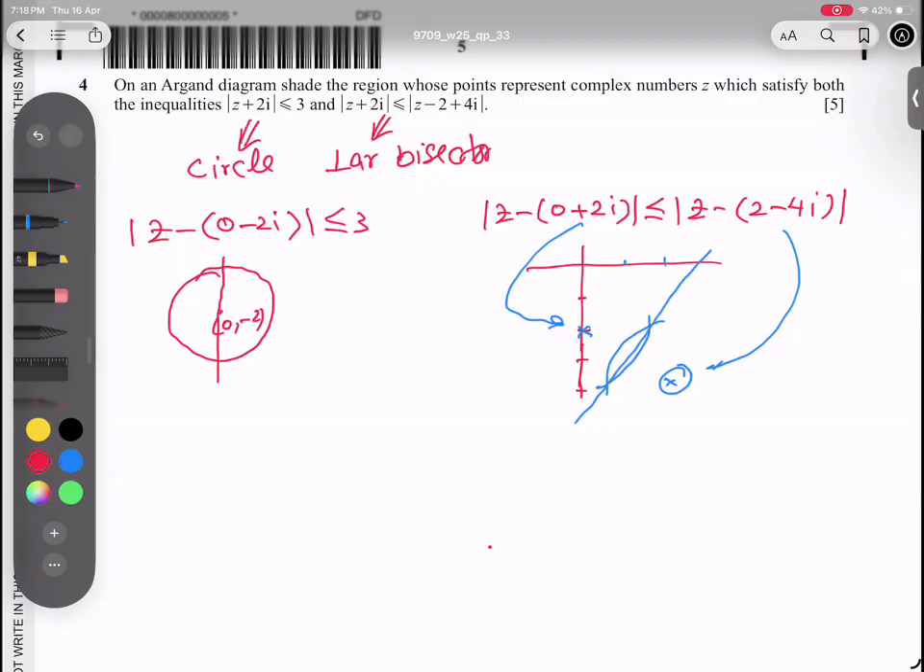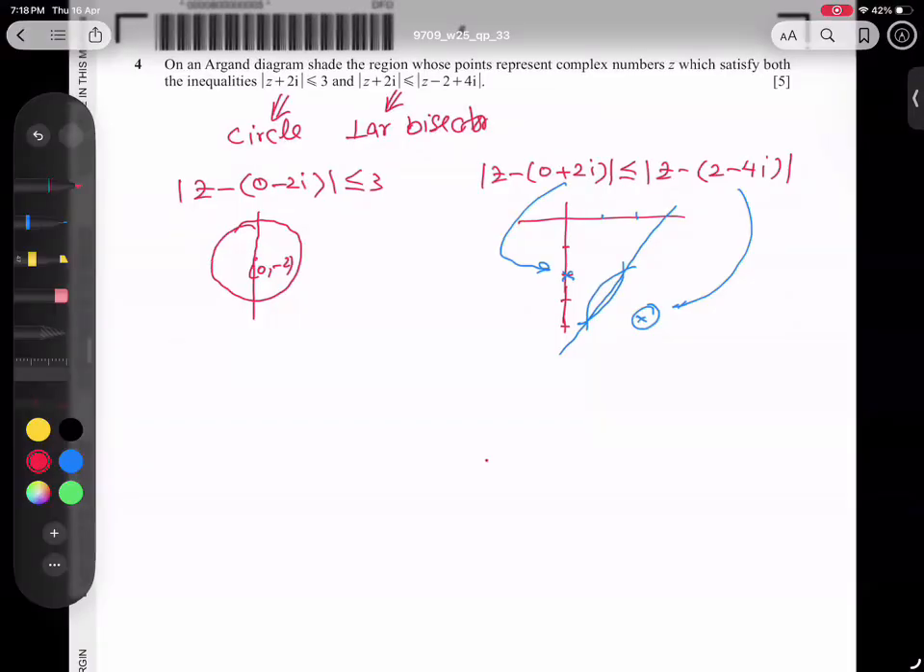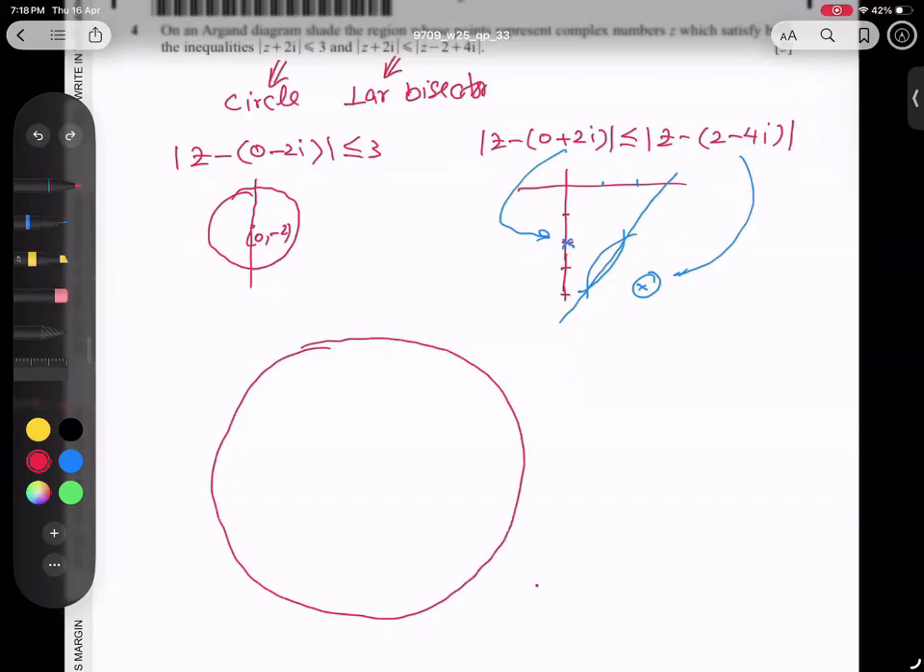Now, students, I'm going to combine them. So all of you get ready. First of all, I will make a circle. Naturally, circle is a radius of 3. Okay, so radius of 3, circle. Okay, then I got it, this one, and I will draw a